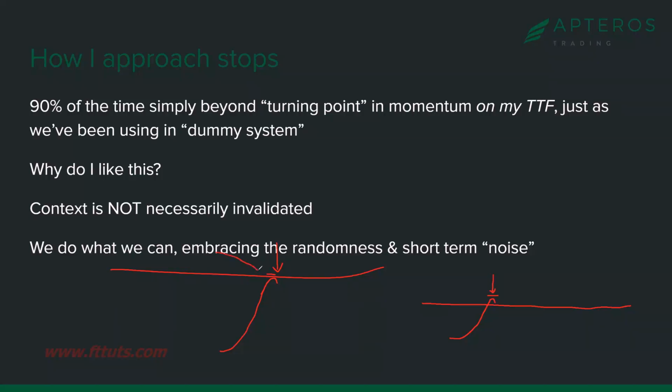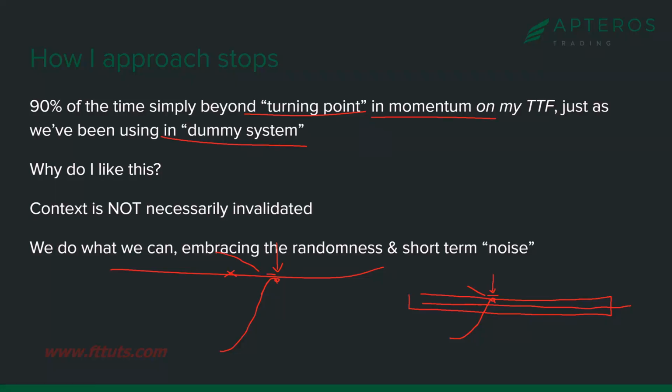I didn't want you to think here that the stop was above this line for any reason. The stop is placed above the turning point on the lower time, on the trading time frame. I'm thinking areas, not lines anyways, in regard to the contextual line in the sand. The acceptance picture is telling me that I want to be getting short here, not whether or not I'm getting short above the line or short below the line. It's all coming together here. So I've been training you guys on seeing those turning points, shifts in momentum on a trading time frame, just like with the dummy system.